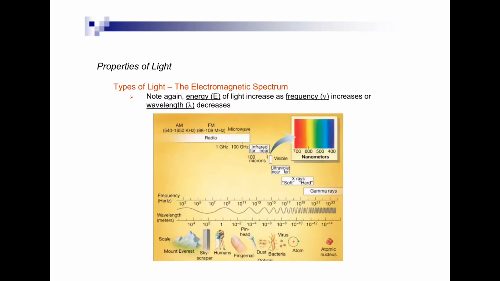To put things in perspective, I thought we should look at the relative lengths of waves. So I'm going to be looking at this part of the spectrum here. The way this picture goes is on the right-hand side, these would be very short wavelengths, and on this side it would be very long wavelengths. So that would be the scale, the size of Mount Everest on this end, and then an atomic nuclei on this end. And I wanted to point out that our visible light is in this range here,